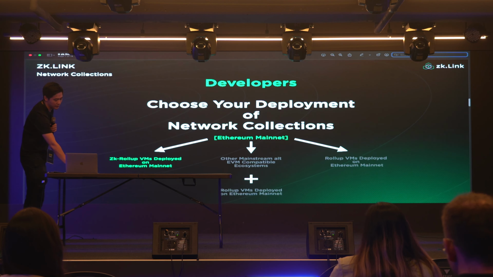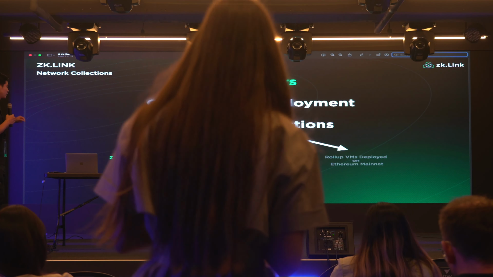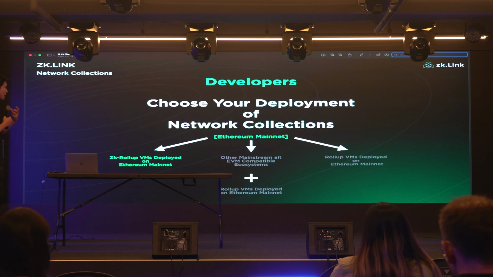Here is an example of how developers can choose their deployment of network collections. So this is one level of customization that we provide to the application builders. So they can choose a combination of different types of networks that we support. So one application may say, okay, I need Ethereum, I need outer layer ones. For business reasons, they can choose to deploy on BNB chain, since there's obviously a lot of liquidity as it's backed by Binance, and also some applications say, okay, they want also the liquidity from Polygon, from Avalanche, etc.